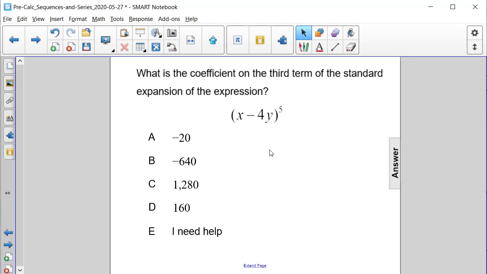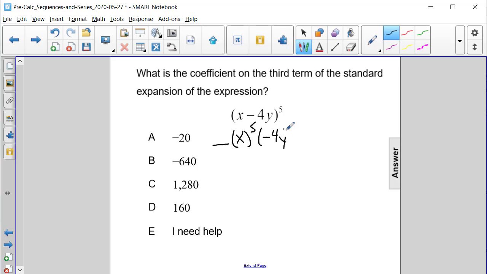What is the coefficient on the third term of the standard expansion of the expression (x - 4y)^5? Well, our first term is going to have some sort of coefficient, followed by our first term, x^5, times (-4y)^0, plus our second term is going to have a coefficient, and then we're going to have x^4 times (-4y)^1,